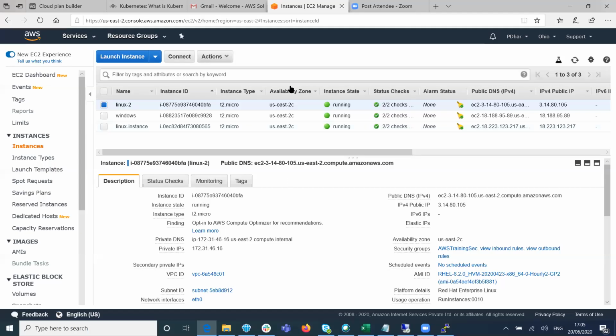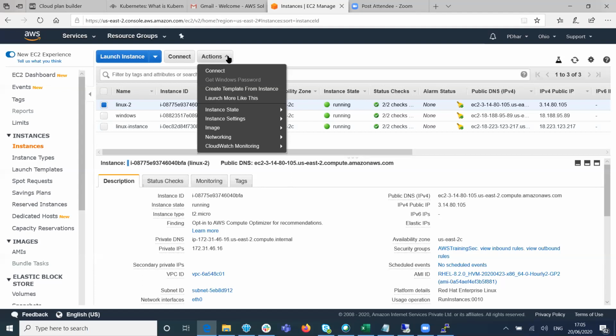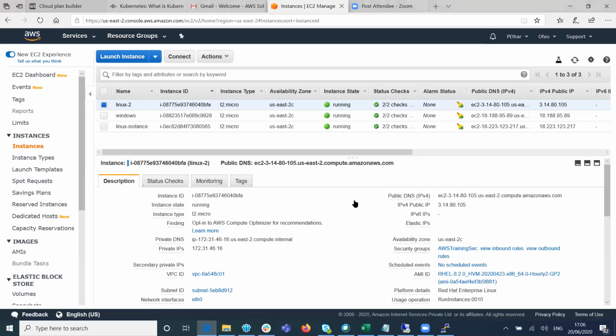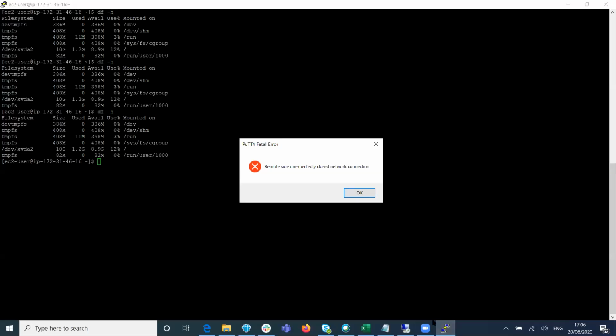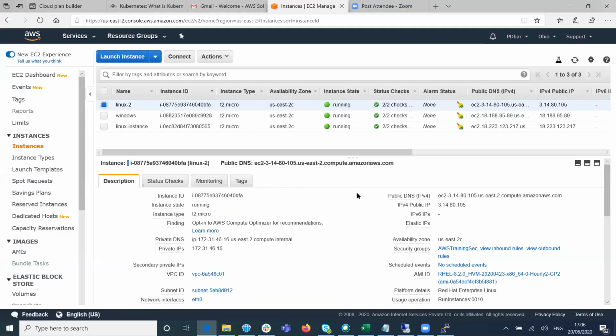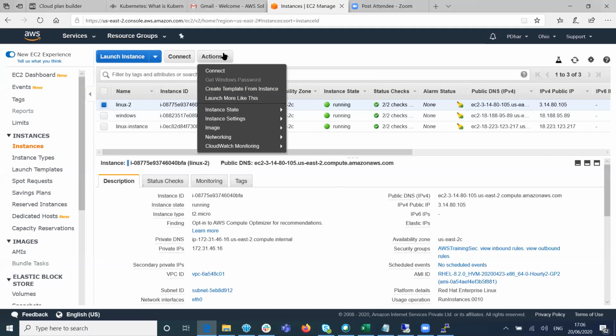Select this. Yeah. Action, instance state, reboot. Reboot. So that will still run? It'll go off, but if you select PuTTY and reinitiate the session, it'll come back. Okay, fine. Done.